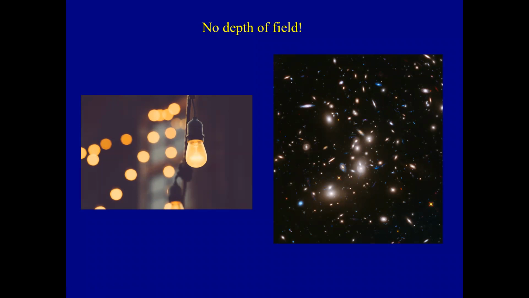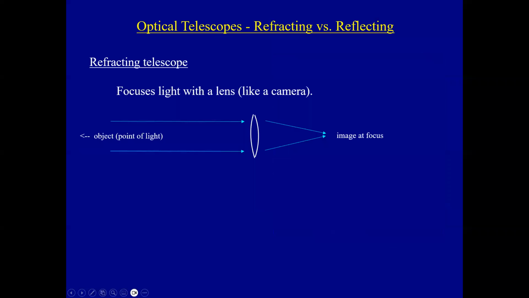Right? It can see the moon, which is like 250,000 kilometers away. It can see a galaxy that is 1,000 light years away. Both will be in focus. In a telescope, everything will be in focus, right? The reason is they are sufficiently far away that there's no depth of field for sky objects, right? And so I hope that makes a little sense